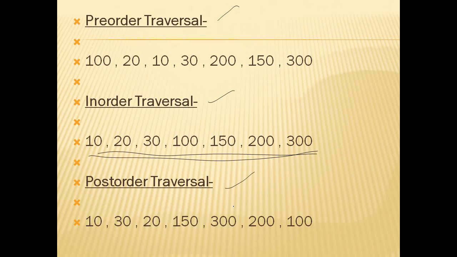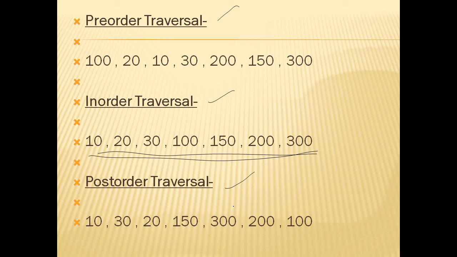And traversal methods we also discussed: pre-order, in-order, post-order. At the time of traversal, if you get the in-order traversal with sorted elements, then we say that our tree construction is okay. If you get any problem in the in-order traversal, then we say that some problem is there in our construction. Again, we need to go for re-verification, then we can conclude.